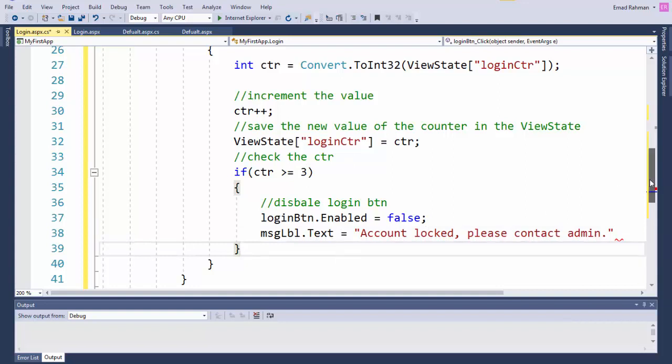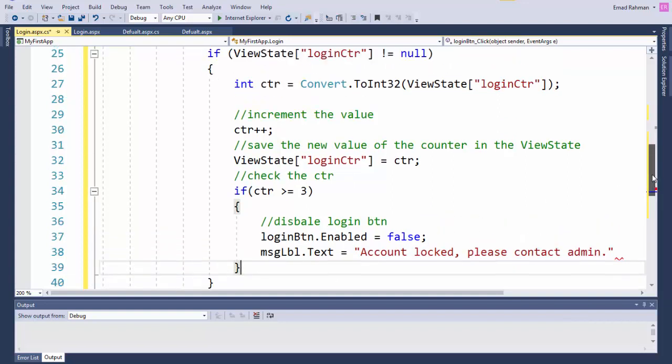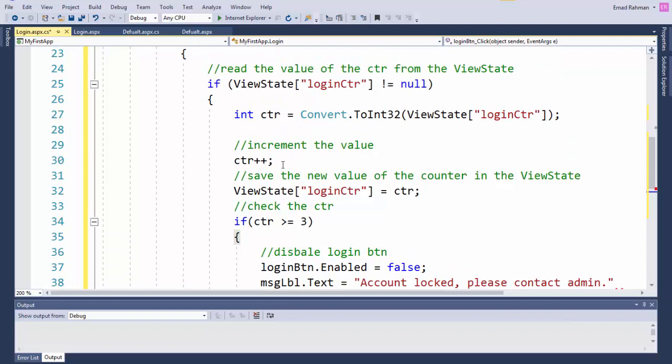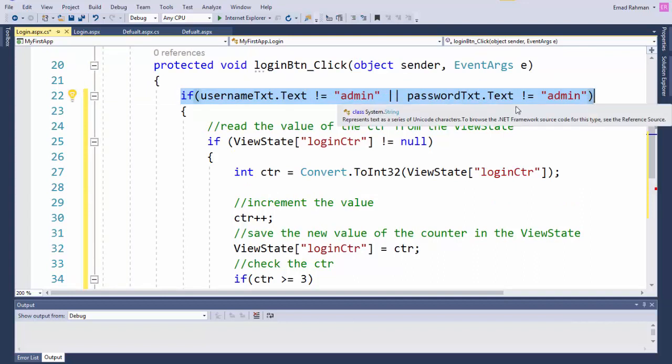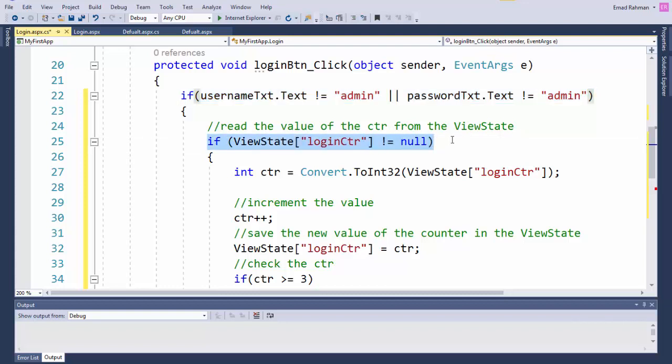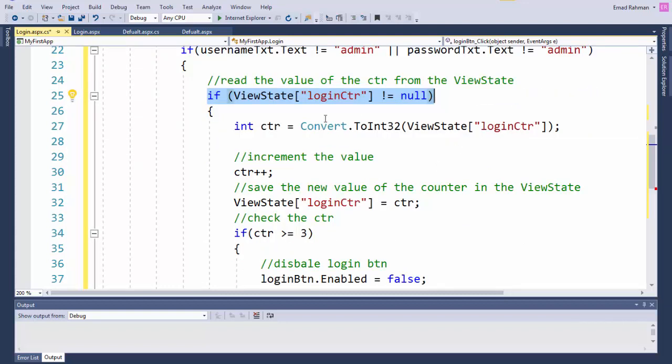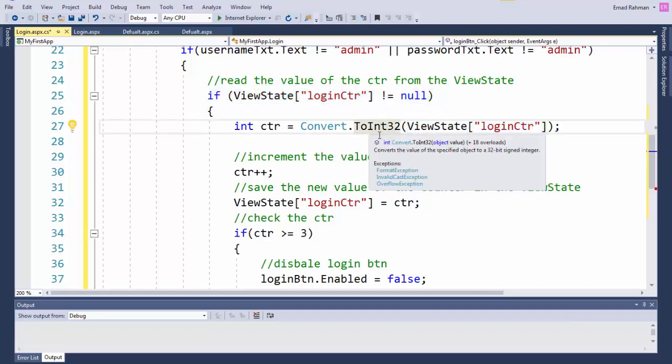Okay, so let's go again and check what we have done. We are looking for the event where the user enters one of these two, or enters a wrong value for one of these two, either one. So before we read the value, we said it's a good practice to check if it's null or not. If it's not null, then we can read it, change it to integer, and store it in a local variable